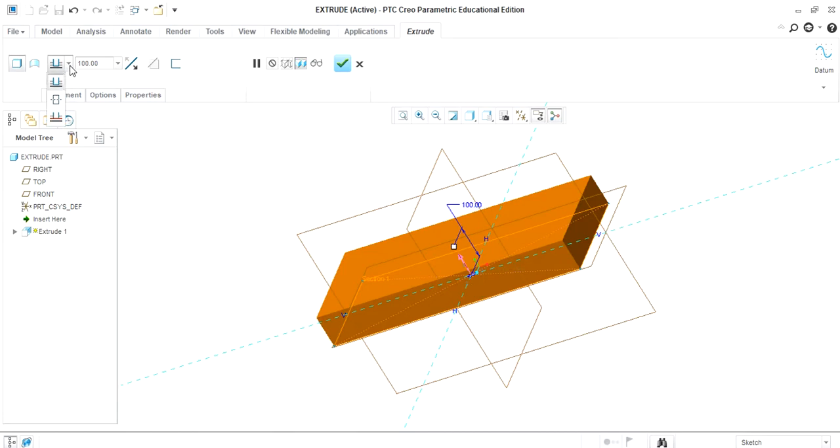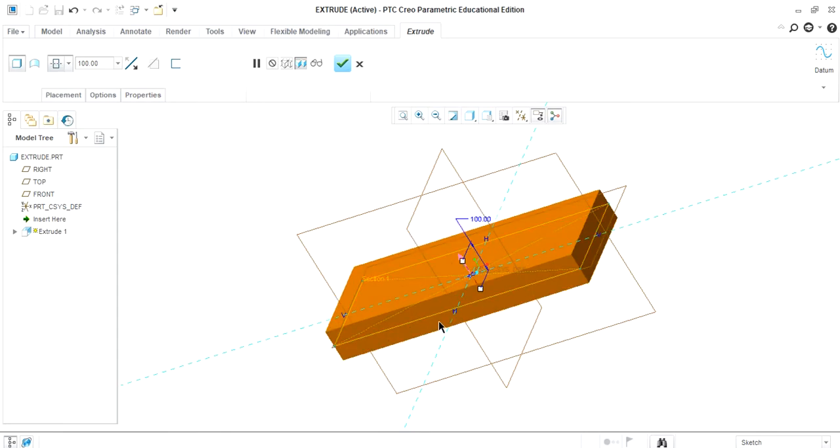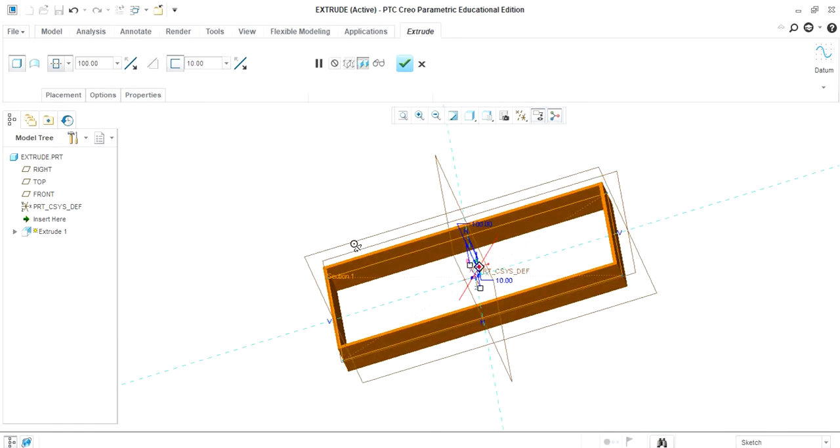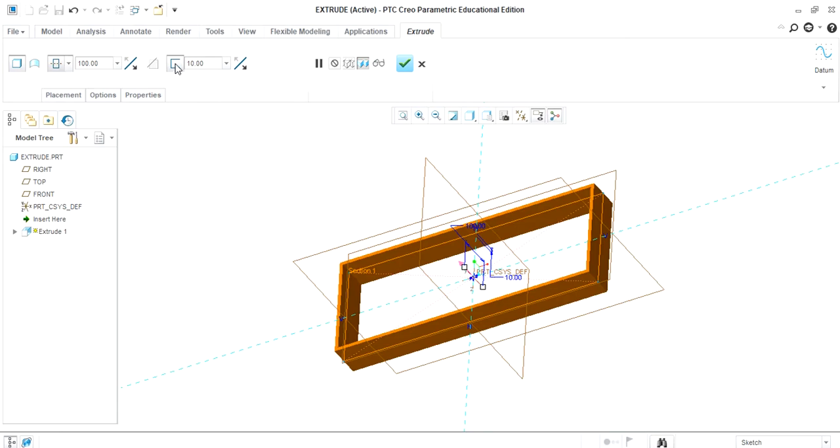Suppose we want the symmetrical extrude, then click on the second option. In this case we will symmetrically extrude the plate. The changing arrow will reverse the condition. Then this option is thicken the sketch. Here we can take the thickness as 10 suppose. So here you can change the thickness. If you don't want it, untick it.